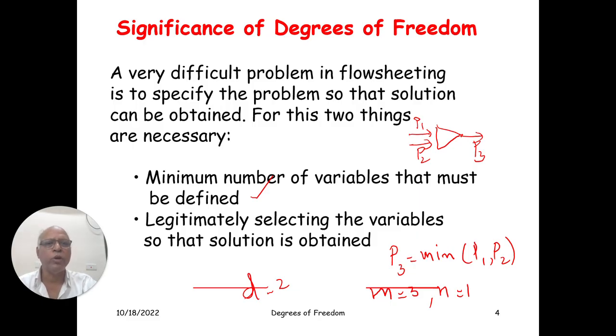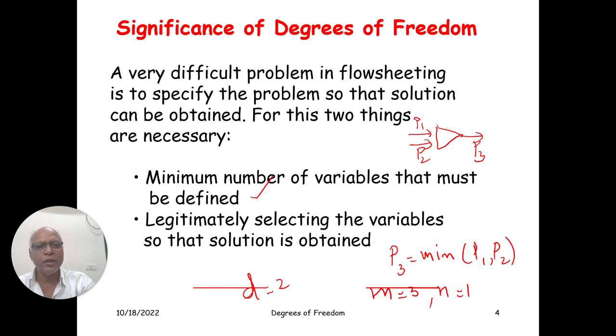Suppose you consider the possibility of specifying P1 and P3. Will you be in a position to calculate P2? It may not be possible. Similarly, if you specify P2 and P3, you may not be in a position to exactly determine P1. For example, take the case of 1 and 2, so P3 is going to be 1. Take the case of P2 is 1, P3 is 1. Do you think you will be able to establish the pressure P1? It can be any value greater than or equal to 1. Similarly, if you specify P1 and P3, we may not be in a position to exactly determine P2. So this could be a problem.